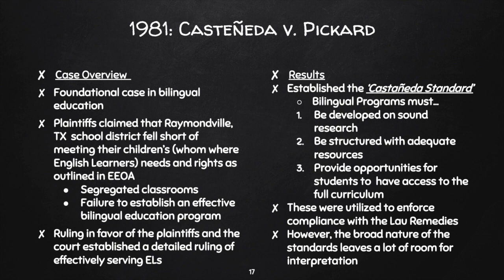And what you're starting to see is just a change in the ideal of English learners, and people are really starting to recognize that English learners have a specialized need that needs to be met, and that granting them just access to education overall in general isn't enough. As the ruling in Lau v. Nichols showed, if you give them access to education that they don't understand, you might as well not give them anything at all. And so you have more and more federal policy coming into place that's really outlining best practices for English learners. But again, this policy is always just a bit too broad and leaves quite a bit of room for interpretation.